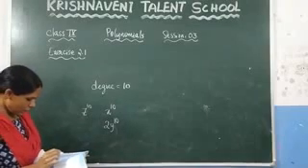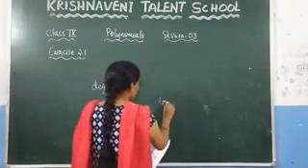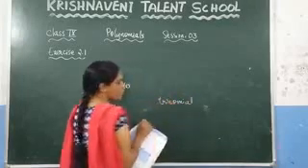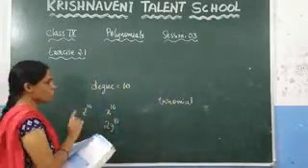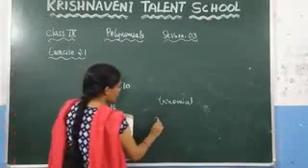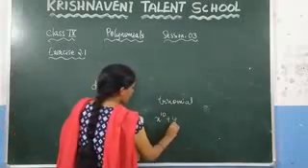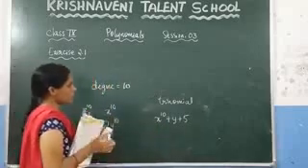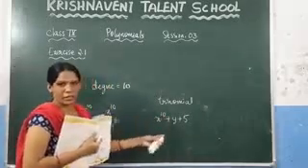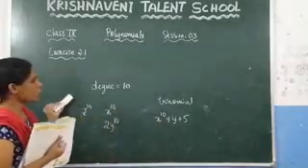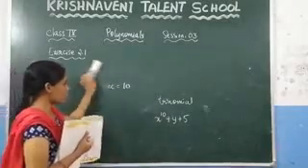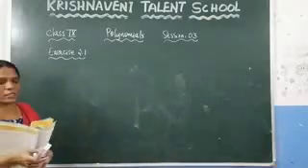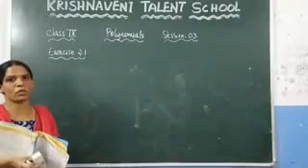And they ask here, you need to write the trinomial of degree 10. What is meant by the trinomial? If it contains 3 terms, we call it as a trinomial. Of degree 10, you need to write. So write it here, x power 10 plus y plus 5. It is a polynomial, it is a trinomial which is of degree 10. So, like this you can write many examples based on this condition. From this, the exercise is completed. In the next session we are going to discuss about the zero of the polynomial.